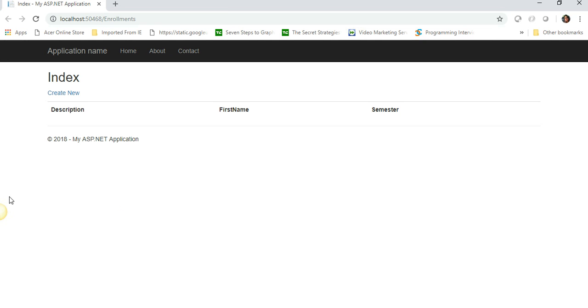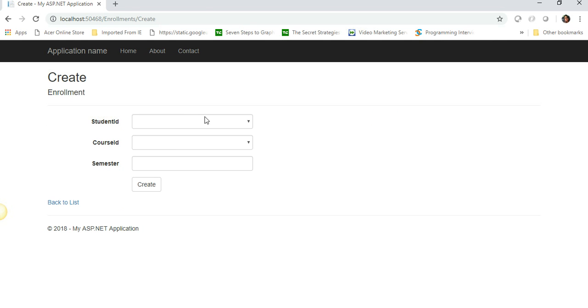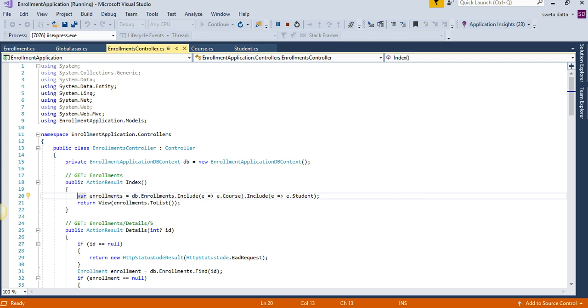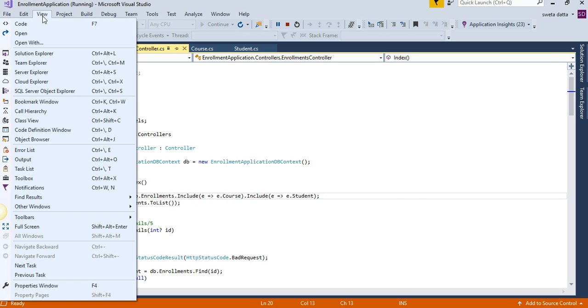See, this time we did not get an error. But all of our data is gone because we said drop the database. So it is creating a brand new database. And let's go and take a look at the Server Explorer.